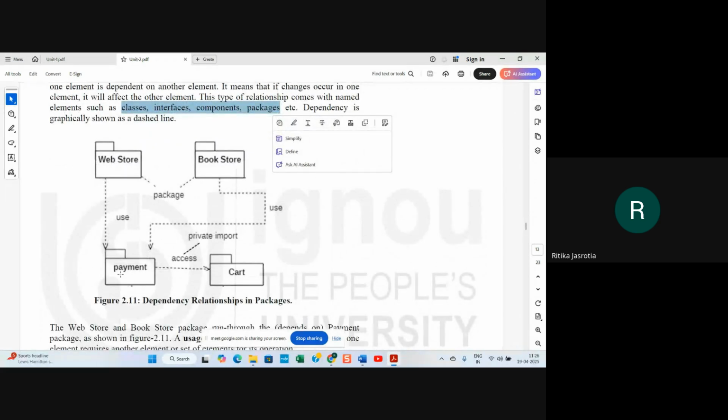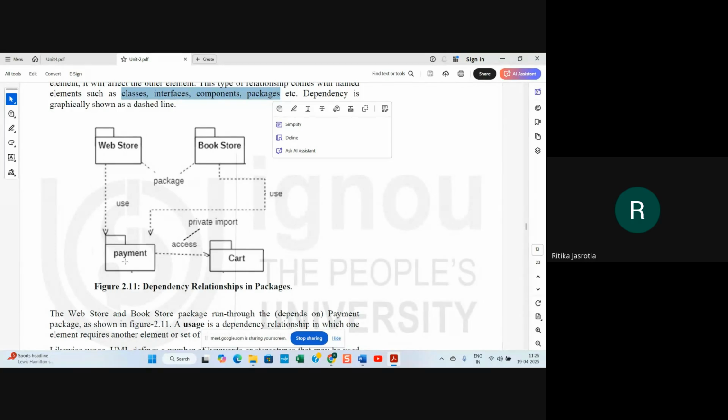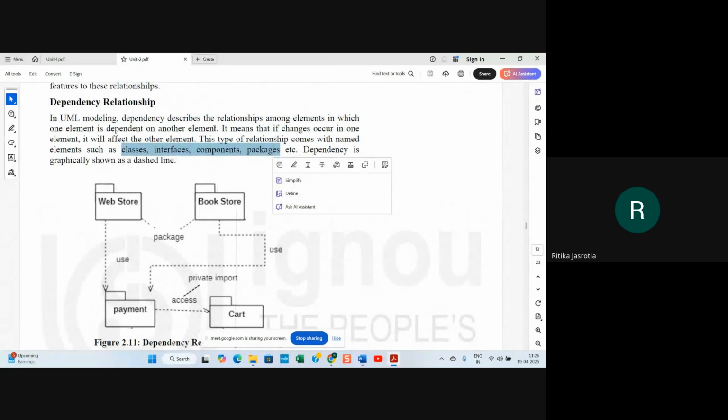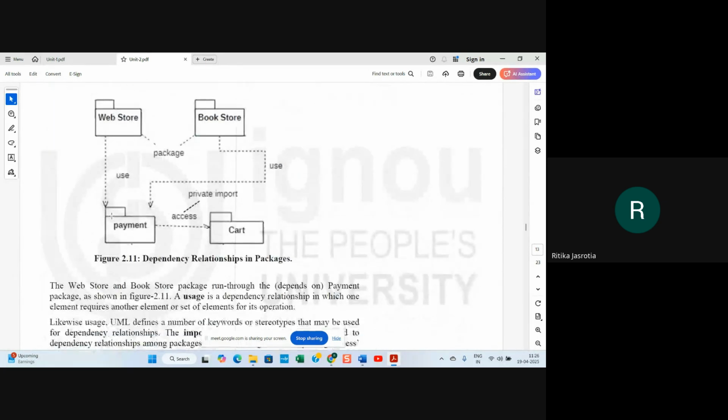Web store is dependent on payment. Payment is dependent on the cart. Bookstore is dependent again on the payment, like that. So with a dashed line, the dependency is shown. That is a dependency relationship where one element is dependent on another element.